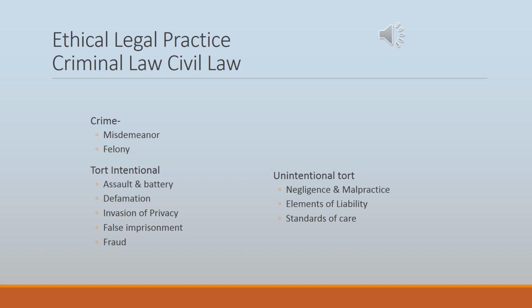We have elements of liability. Liability involves 4 elements that must be established to prove that malpractice or negligence has occurred: 1, duty; 2, breach of duty; 3, causation; and 4, damages. Last, we have standards of care. Whether negligence has occurred depends on a standard of care, what a reasonably prudent person would or would not have done under similar circumstances. All nurses are responsible for following the standards of care for their particular areas of practice.